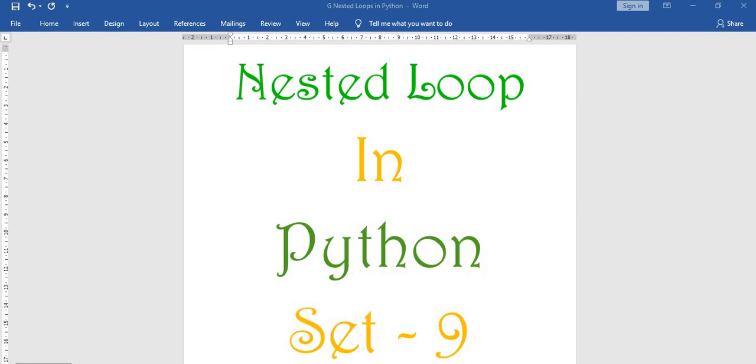Nested loop in Python set number 9. In this set, we have got a variety of patterns to be seen which are generated using nested loops and how the variables can be handled better. Alright, coming up